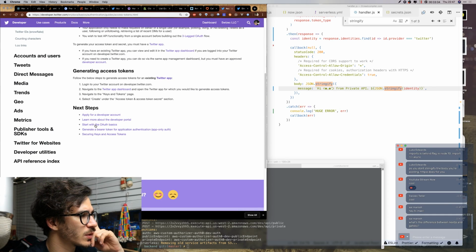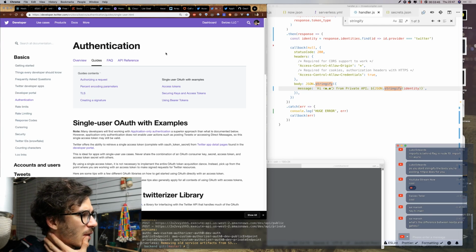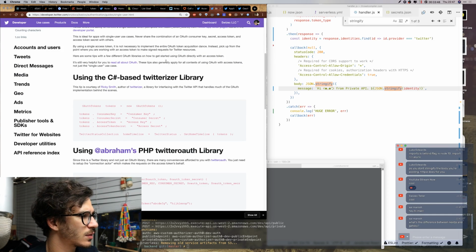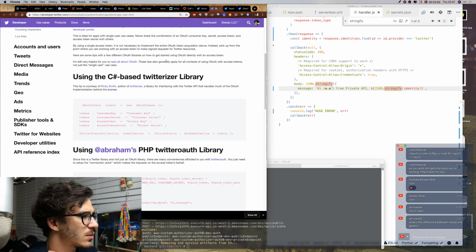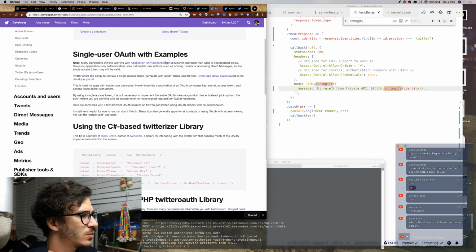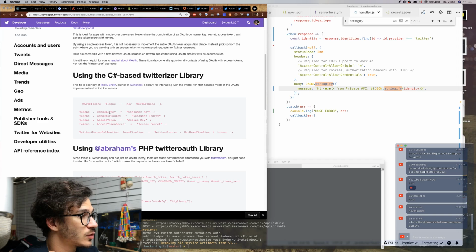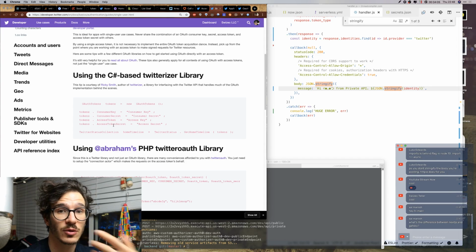Learn more, start with the OAuth basics, generating keys for application authentication, securing keys and access tokens. So start with OAuth basics. It's saying single user OAuth. OAuth Ruby Gem, no, I don't want any of that. Consumer key, consumer secret, access token, access token secret, yes, but then how do I use those?